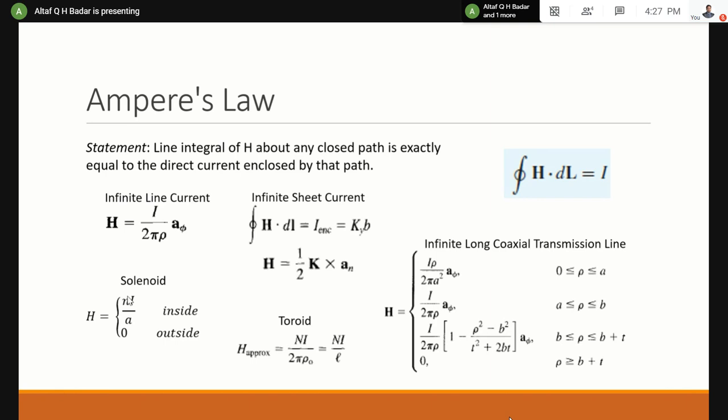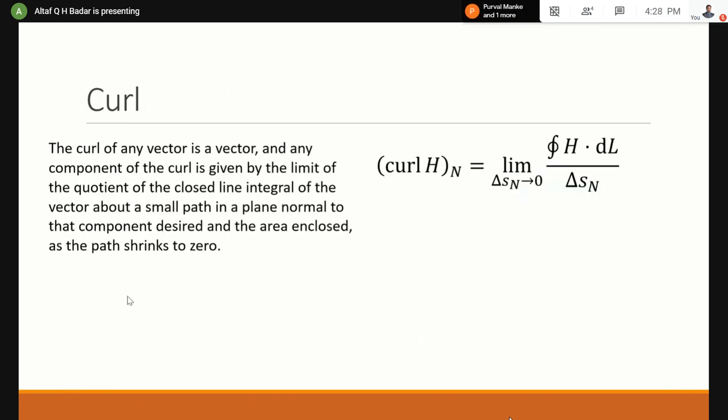Then let us move to the next topic, that is the curl. Curl again comes up based on the previous calculations and previous things that you have studied. So when you apply Ampere circuital law to the perimeter of a differential surface element, then when you go into the details of that derivation, you find out that there is another combination that comes up which is called as the curl.